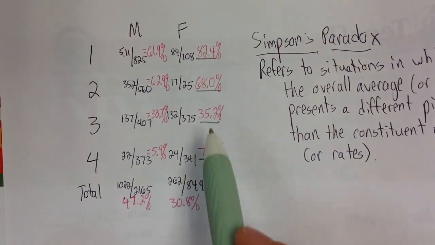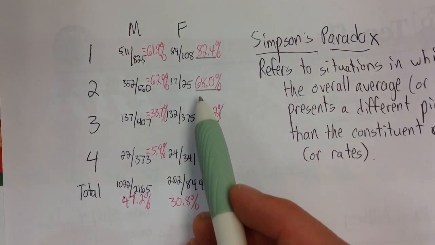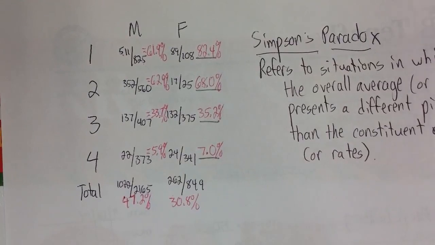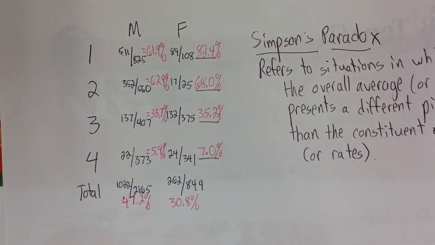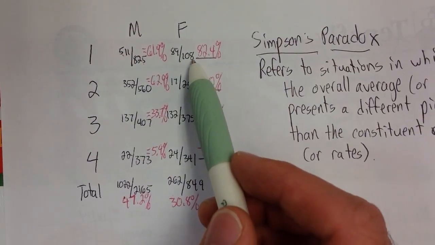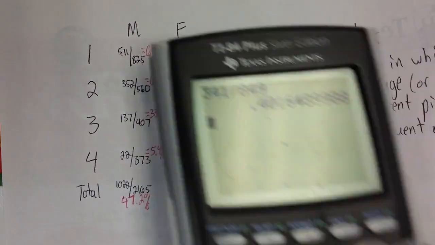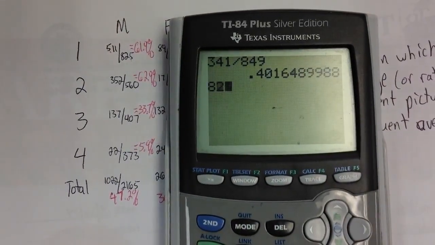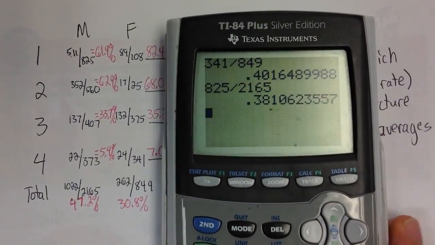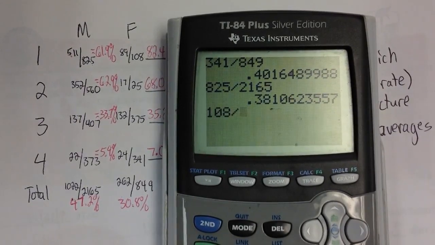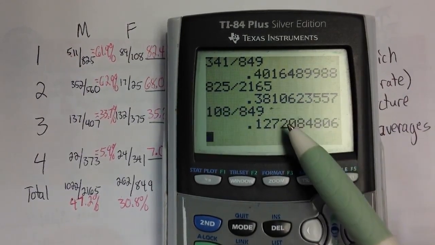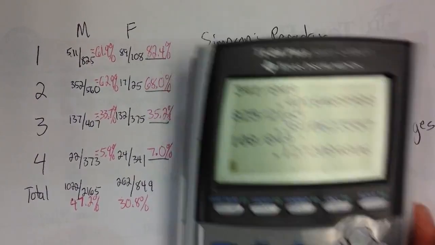It's based on where women are tending to apply. They're tending to apply to the programs that have lower rates overall. Okay? So notice 825 versus 108. But I can't just do that. What I really should do is 825 out of how many males there are, 38%, and 108 divided by how many females there are. So 38% of men are applying to Program 1, whereas only 13% of women are.